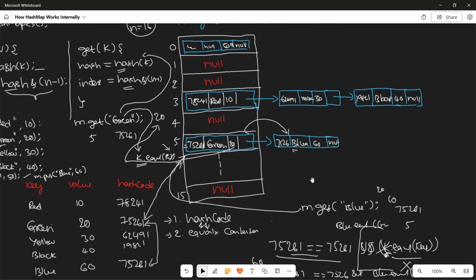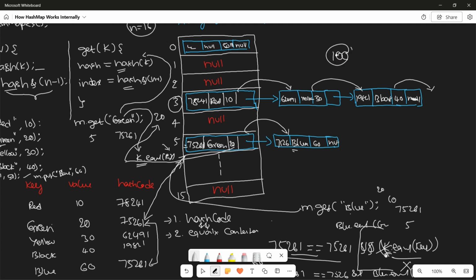And in 1.8, some enhancements were made. Before explaining those 1.8 enhancements, let me conclude the get method. First it will check the first node, then the second node. It will keep on moving until we reach the last node, that is null. So this is sequential access. We move to the third bucket in a single go, but for accessing the third node in this case, you need to process two times. Imagine if you have 100 nodes and our target is at 99. In that case, you need to move